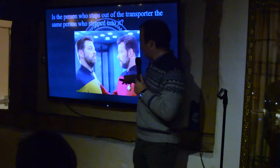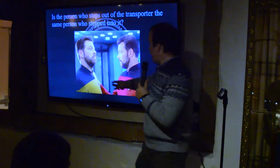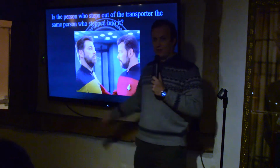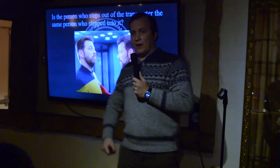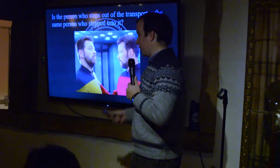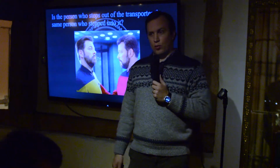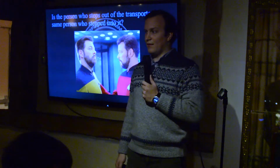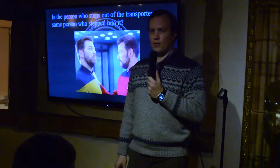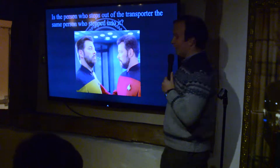In this one, they created a duplicate of one of the main characters. This guy lives like 10 years by himself on a planet, sort of like a Robinson Crusoe situation. So apparently you can also just duplicate people using a transporter. They never use that or come back to it. So, is this person who walks into a transporter the same person who walks out? That's another good thing to Google. If there's one thing the internet is good for, it's really detailed Star Trek discussions, including